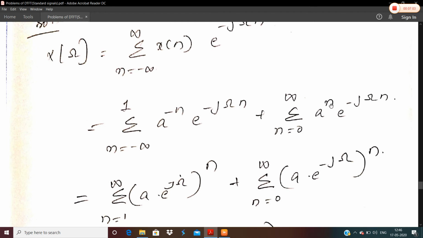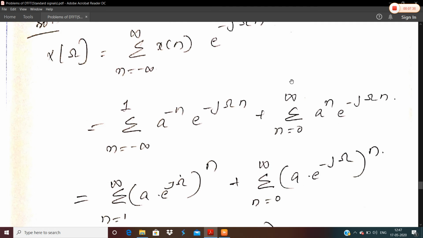So you can split the limits into two. First one is, as it is discrete version, we will have it from sigma n is equal to minus infinity to minus 1. It should actually be minus 1. Here it's minus 1, and a raised to minus n, it becomes a raised to minus n, because for negative section you have to put minus, and for positive section you can write it as such. So it becomes a raised to minus n e raised to minus j omega n, and then from 0 to infinity, this should be minus 1, okay? Please correct it in your notebook.